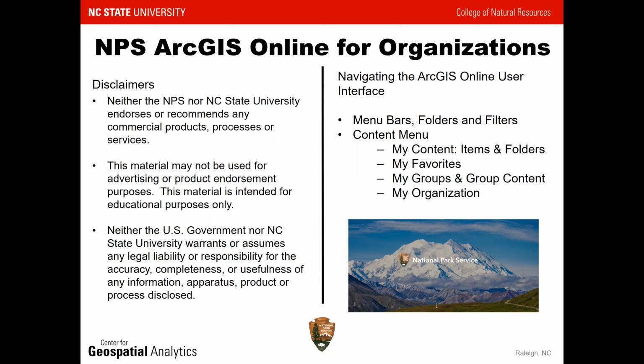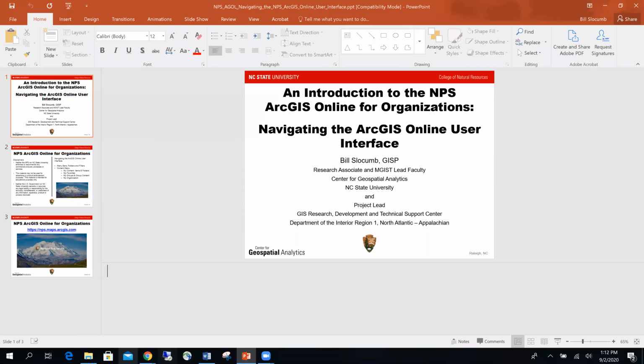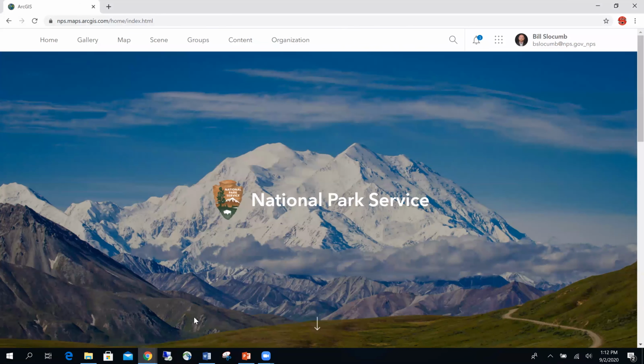Now, simply navigate to the website https://nps.maps.arcgis.com and log in with your PIV card. Now, I've already done that, so let's just bring that up. Okay, here we have the National Park Service ArcGIS Online website, and I've logged in using my PIV card,